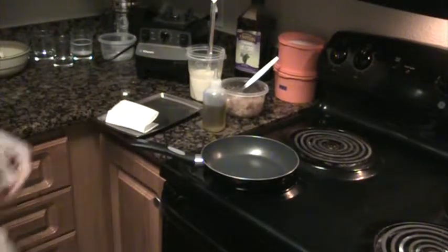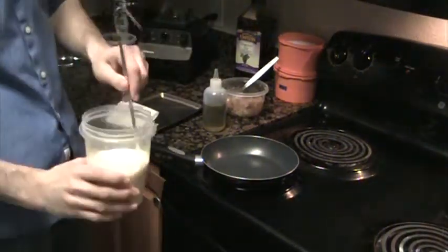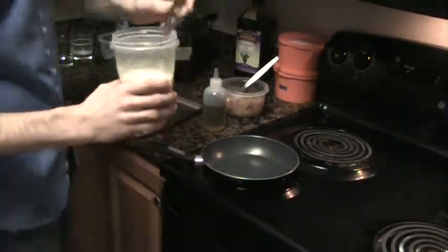So I'm going a little out of order with this video, but I felt like making crepes this morning, so I'm going to. I made the batter already. It should be the consistency of a little bit thicker than heavy cream, but still easily pourable. And I used 2 whole eggs, half a cup of water, half a cup of milk, a cup of all-purpose